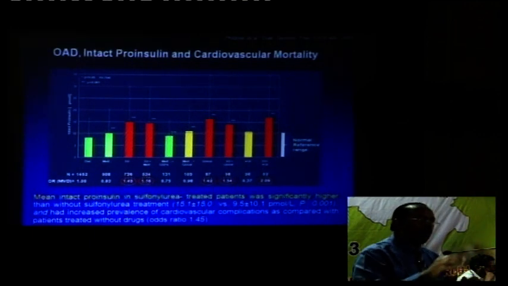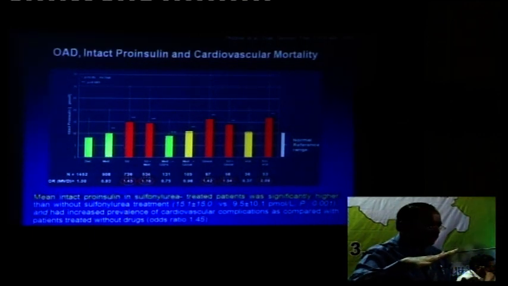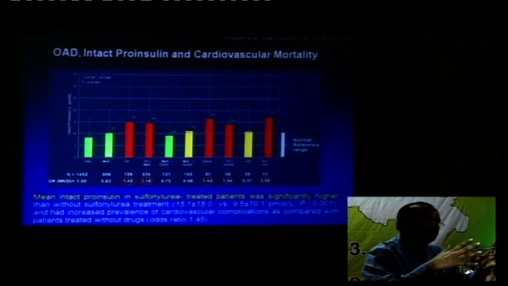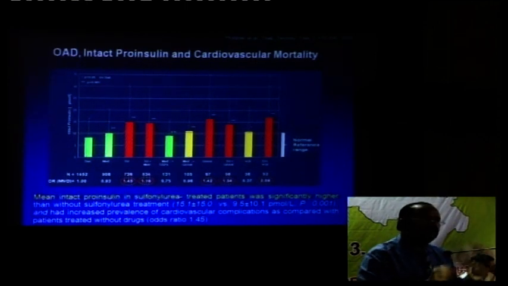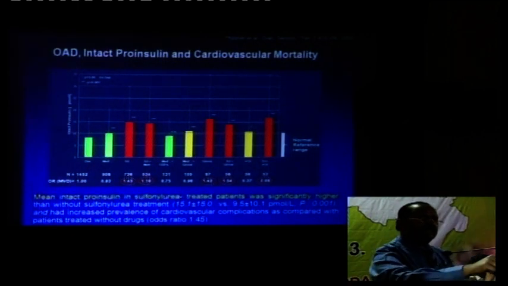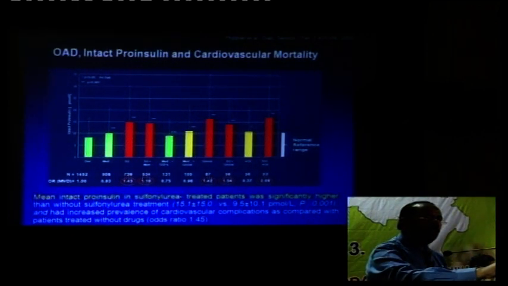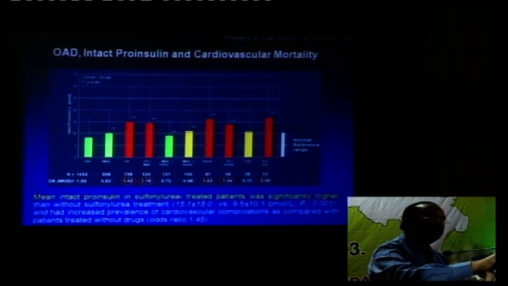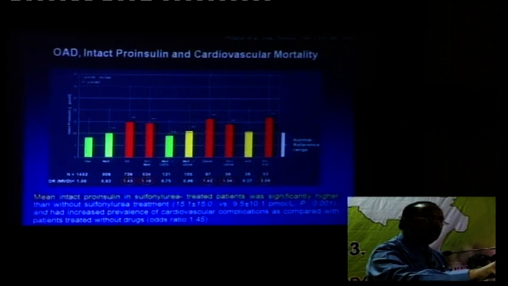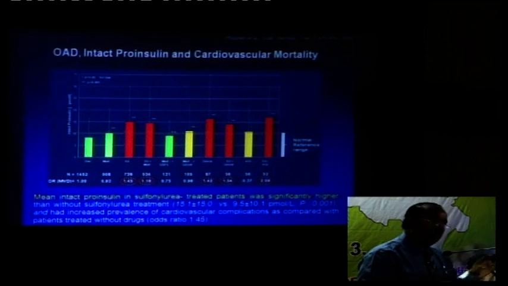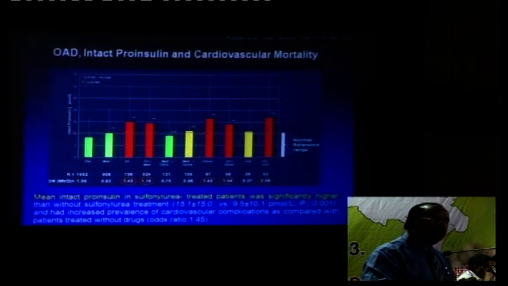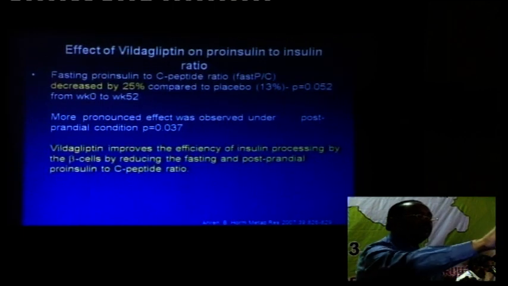If you look at all the different OHAs that have been used and look at cardiovascular mortality vis-a-vis the proinsulin-insulin ratio, you find the first panel is only diet, subsequently is metformin, but the moment sulfonylurea comes, the proinsulin-insulin ratio increases, and as you go down, metformin, glitazones, it comes down. These gliptins are not shown in this slide. So basically, all drugs except probably metformin and glitazone are